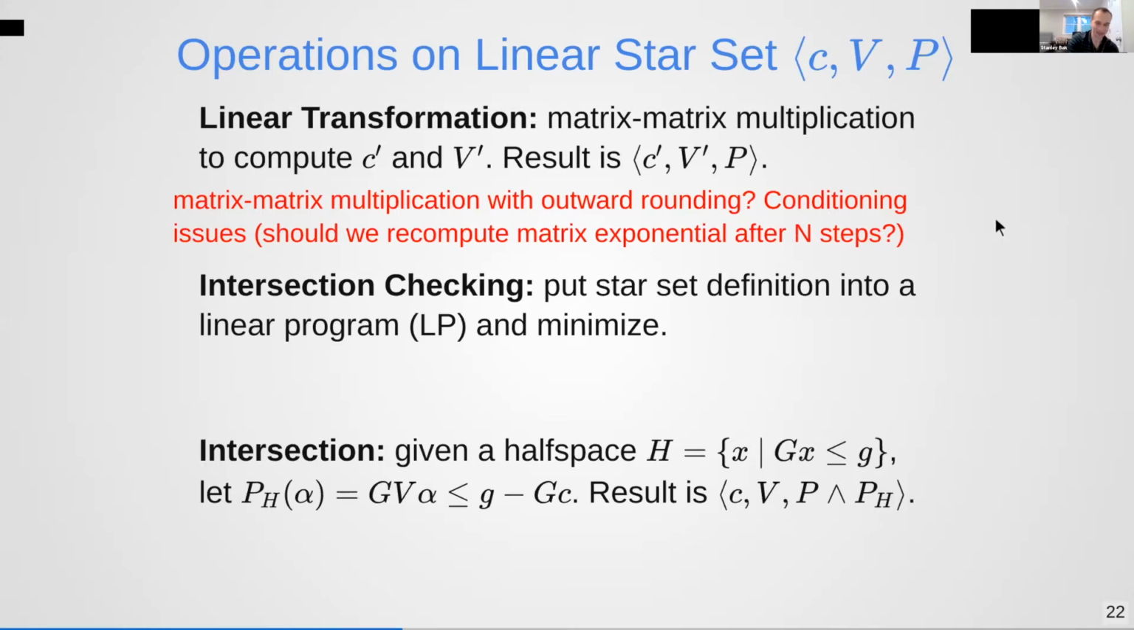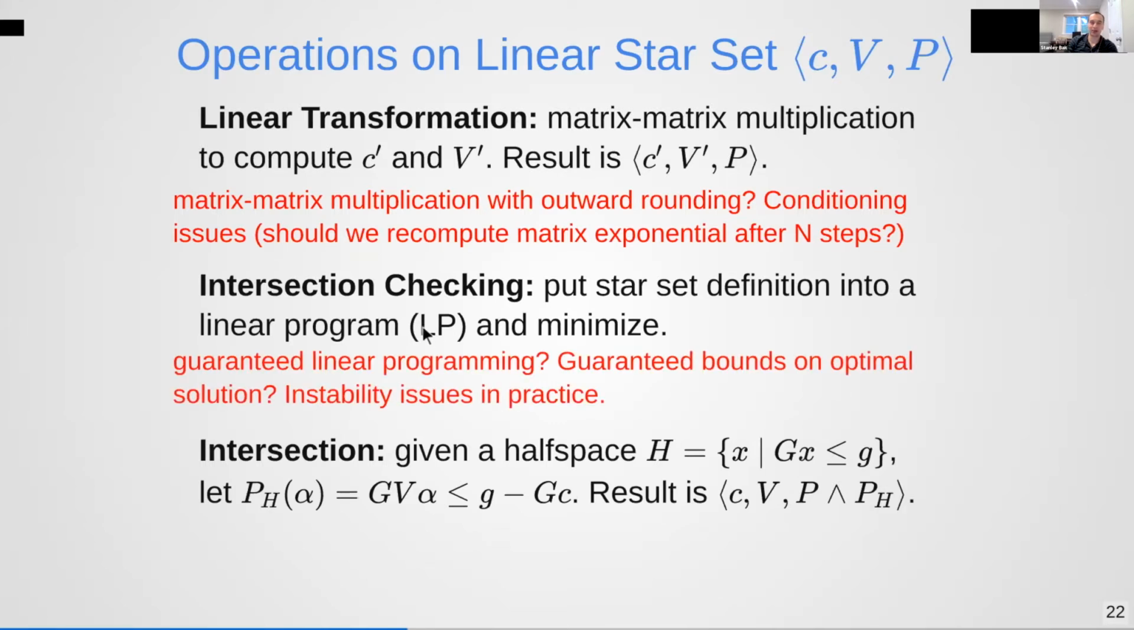It disappeared last time. Intersection checking, right? Linear programming is great because we have this nice efficient algorithm, but it's a numerical algorithm, right? So are there efficient ways to do guaranteed linear programming? Or maybe